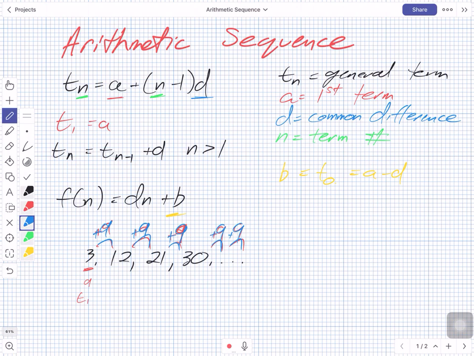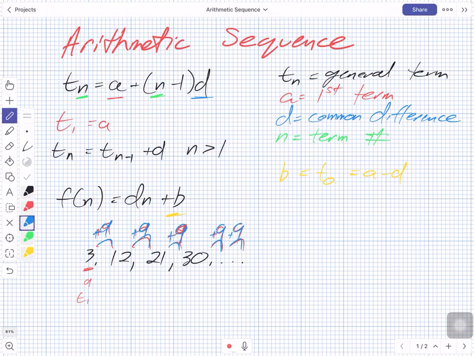Wonderful. They've written out a couple other things here. The term number, and what a term number could be is if they ask you, oh, find the 20th term, that's where n, this is called the term number, we would change n to 20. So you'd see t at 20 is equal to t at 20 minus 1, that's hard to understand, plus d, where n is greater than 1. Okay, this is a very confusing set of equations or formulas they've given us. I'm going to try to help explain it before we actually make our general